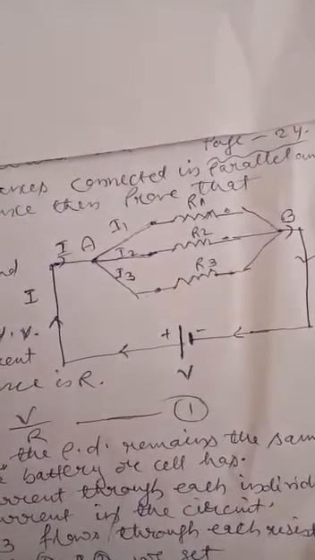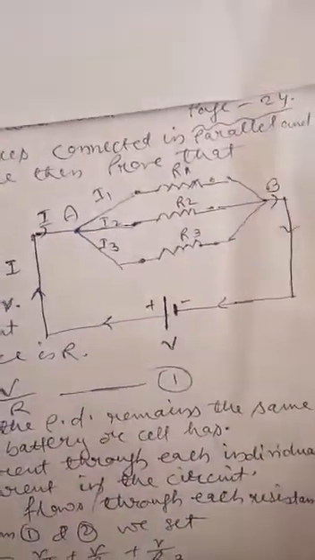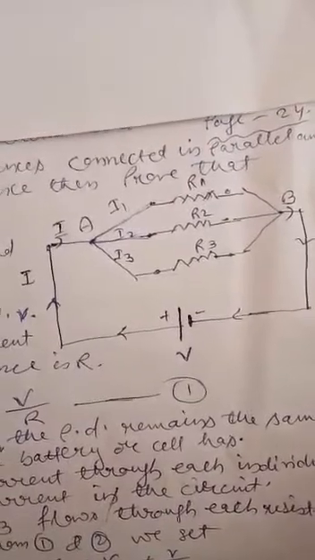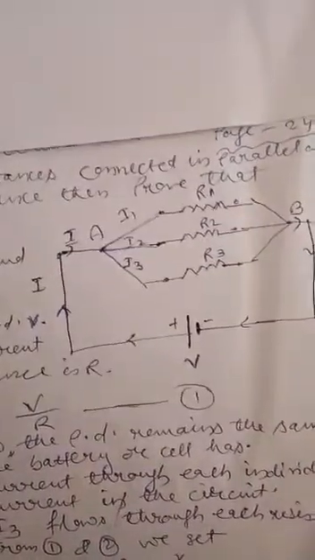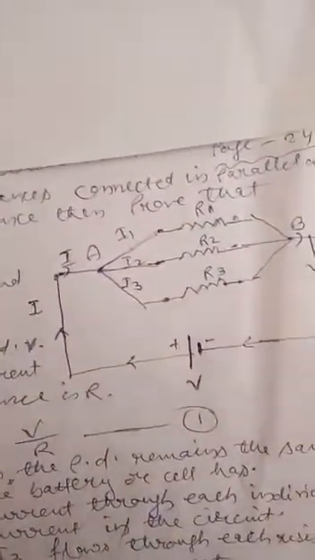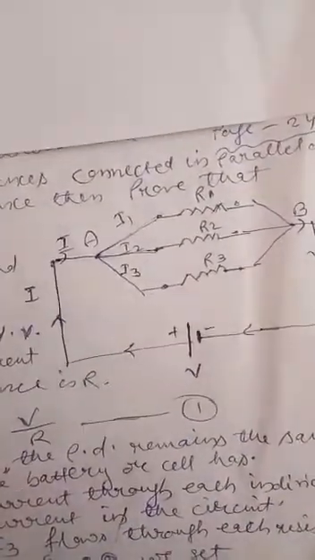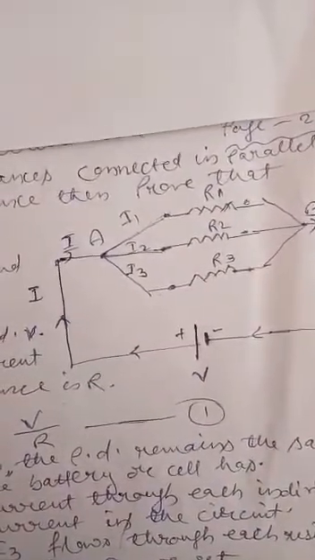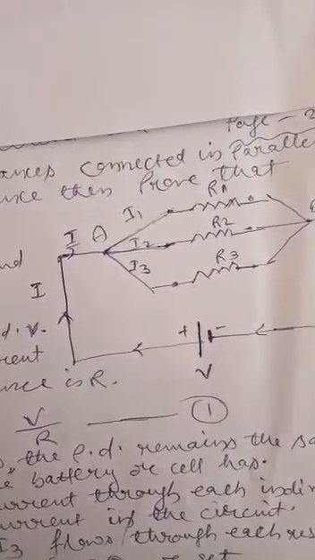I would like to guide you again in physics in chapter electricity, and this is page number 24, so you will note down. Yesterday I guided you about parallel combination, how resistances are connected in parallel combination. Now I would like to tell you about its derivation or the equation, which we will also use for solving the numericals.